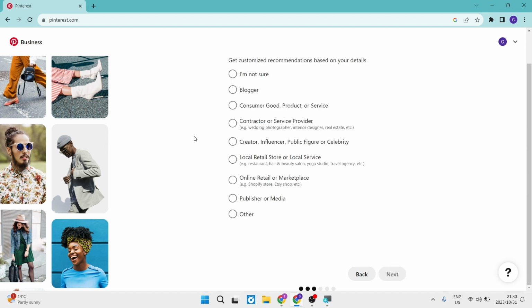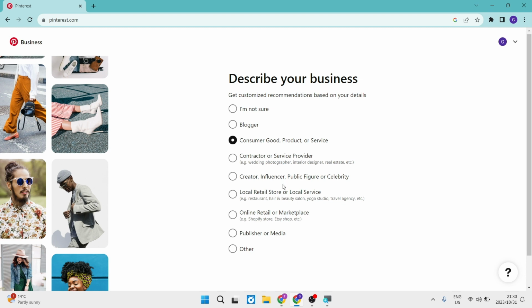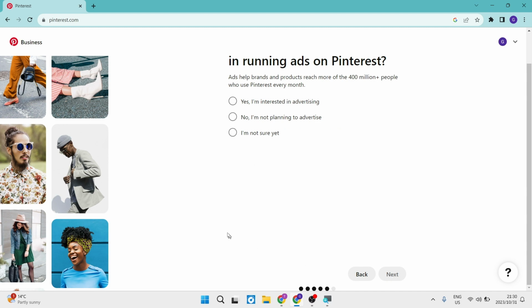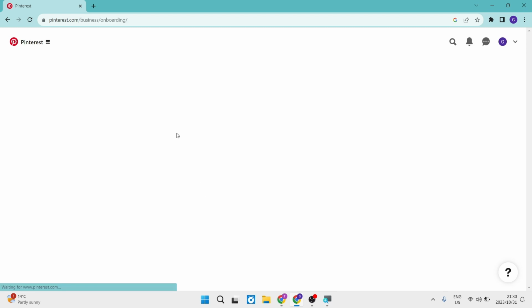Then we're going over to the next page here, and it says get customized recommendations based on your details. So if you're not sure, if you're a blogger, if you're a consumer goods or product or service, if you're a contractor or a service provider, you want to have a look at exactly what your business actually does over here. So I'm going to go in and I'm going to say I'm a consumer. So we sell goods, we sell products, and then in running ads, would you ever be interested in running ads? Yes, that is the actual very reason we're here, and we're going to go on next,